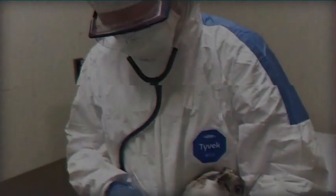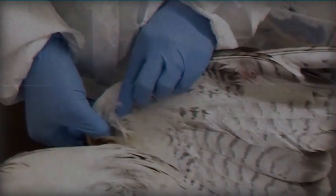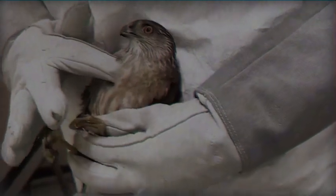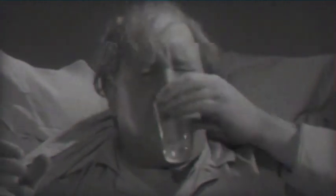It's not clear why this year's outbreak is so much worse for wild birds than in 2015. Back then, not a single raptor at the center. This is for the fever. This is for the aches and pains. This is for the cough. This is for the stomach. This is for the...